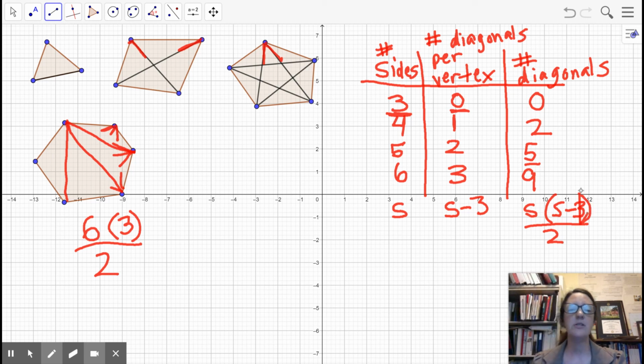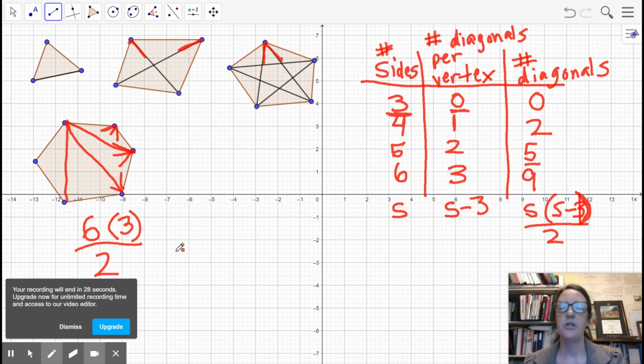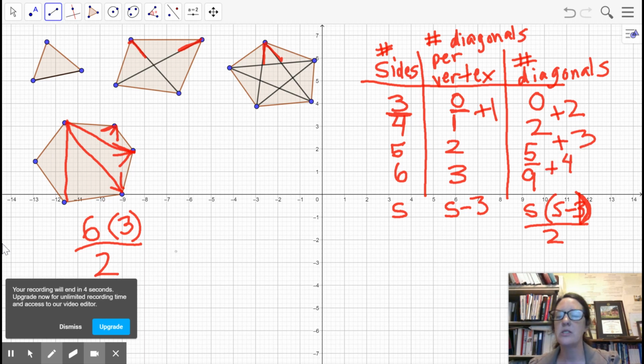Okay, you might also notice that the diagonals per vertex is going up by 1 per stage, and the number of diagonals is going up in an interesting way. First, it goes up by 2, and then at the next stage, it goes up by 3, and the next stage, it goes up by 4, and so on. So now if you wanted to check it out for 10